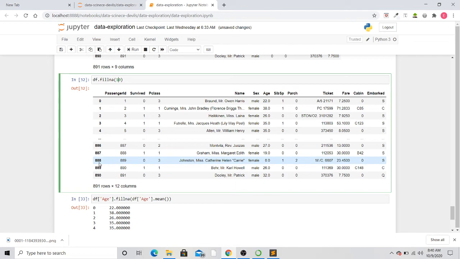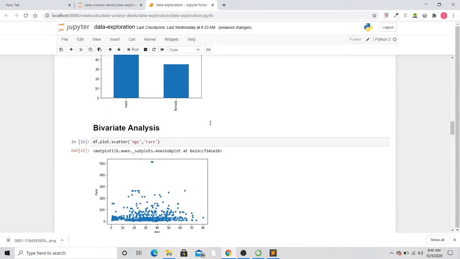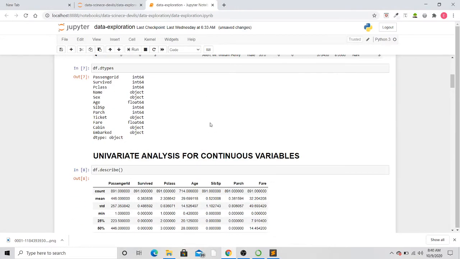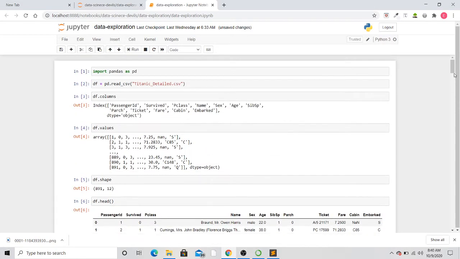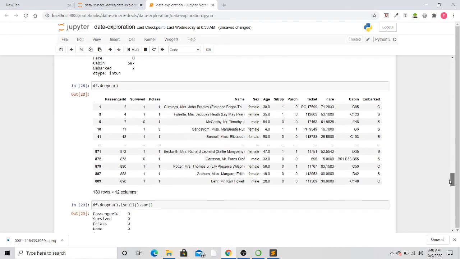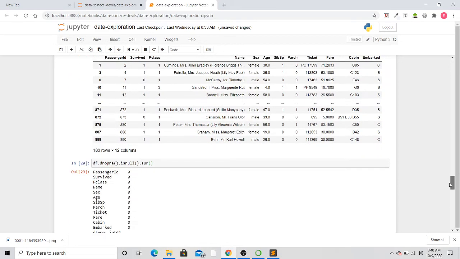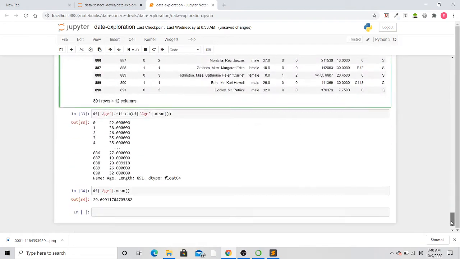Like here, the 888 entry was missing here in the age. As you can see, the 888 entry was missing for age. Where is it? Okay, it's here.